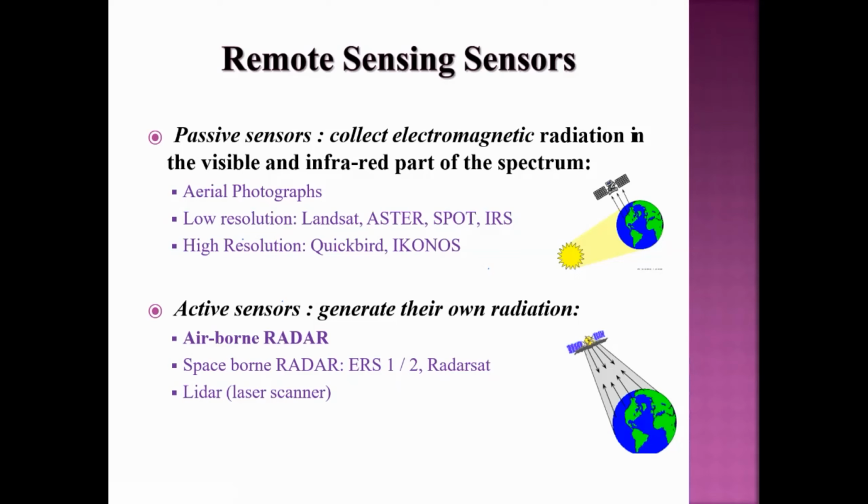So what are examples of active sensors? Radar, lidar. Why? In radar and in lidar, we give microwaves. We use the microwave as the source of energy. So that is why they come under the active sensors. Later on, I will discuss the microwave